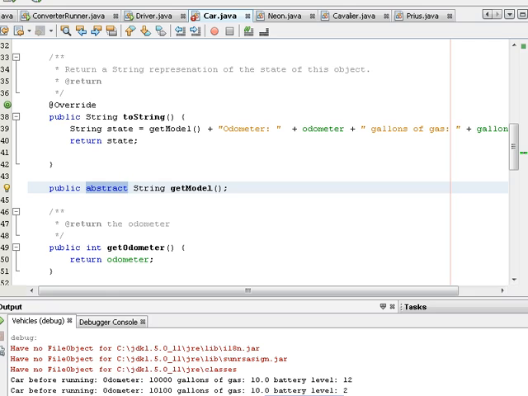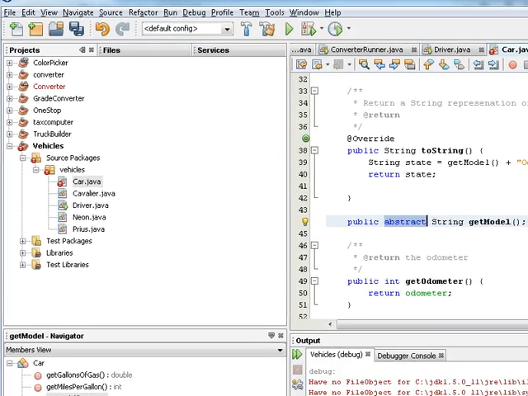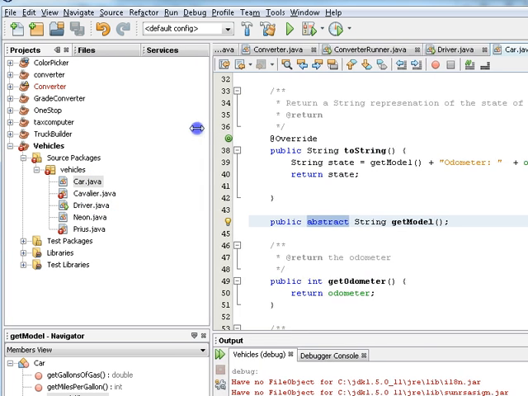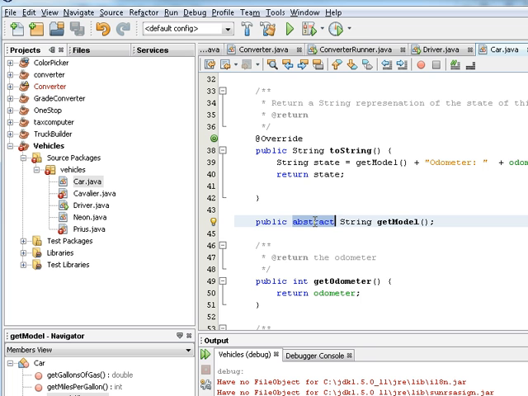Now, something interesting is going to happen. I'm going to move this over here so we can see. I'm going to save, and you're going to see that as soon as I save, the Car will compile, but suddenly the Cavalier and the Prius will not. So I save. And there we go. The Cavalier and the Prius no longer compile. And why is that? Because I've declared an abstract class, I have a contract that my subclasses must override this